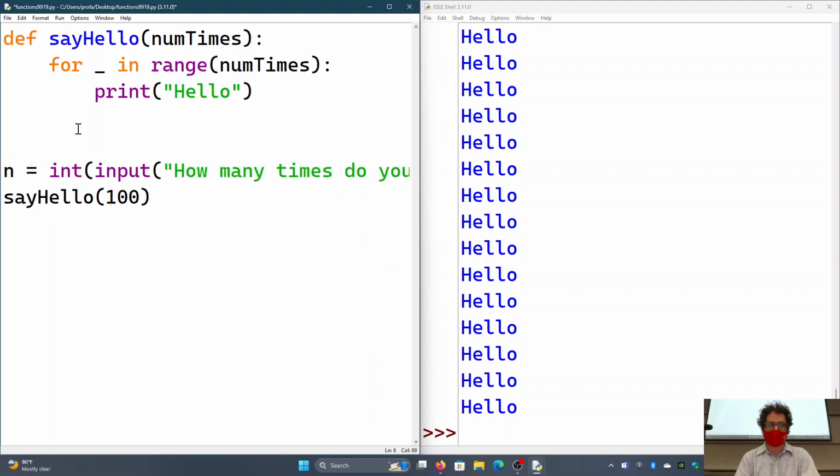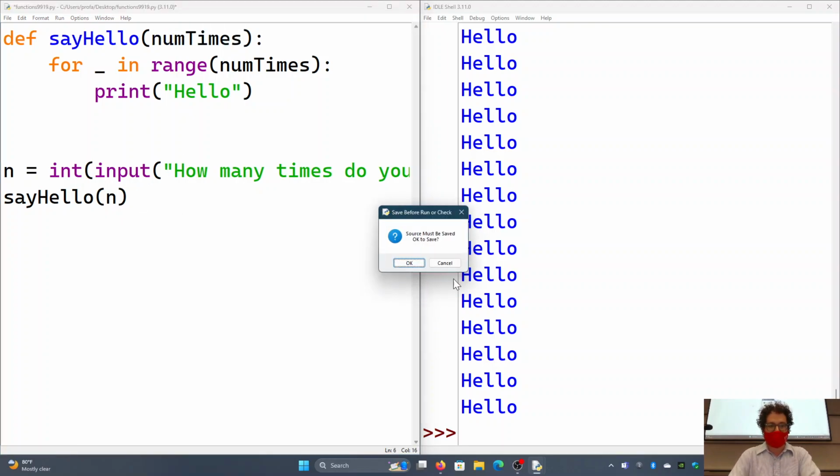Second, and then we have the second. So we have 2 open parens, 2 closed parens. And then we put in n over, and then we take this number, put it over here. And what happens is that we copy this information into num times. So notice that the variable names don't need to match, right? Because what we're doing is we're copying the data from here and putting it into here.